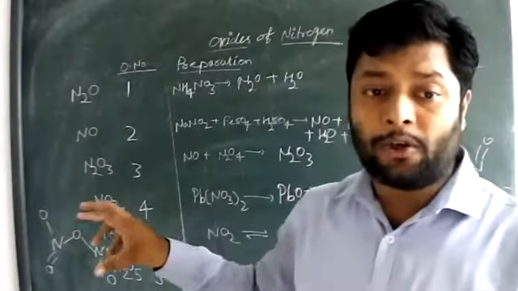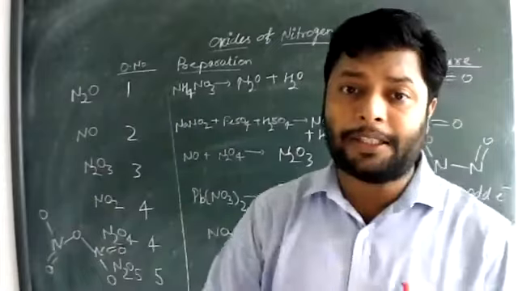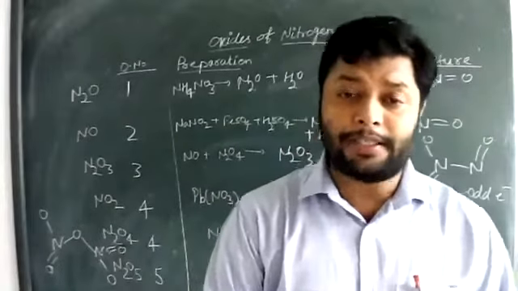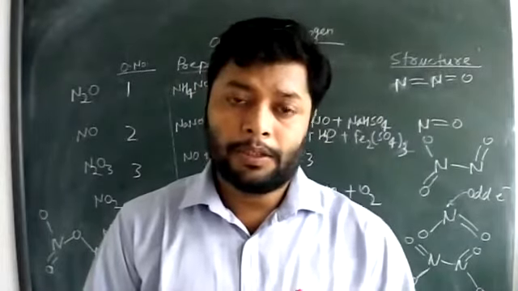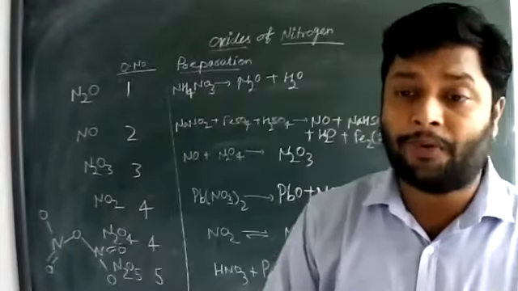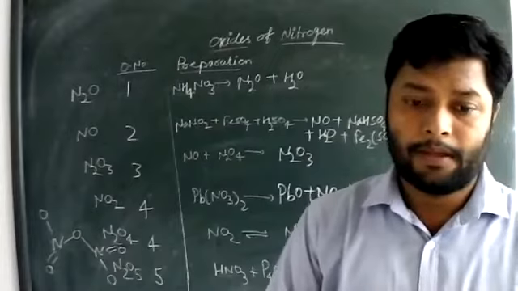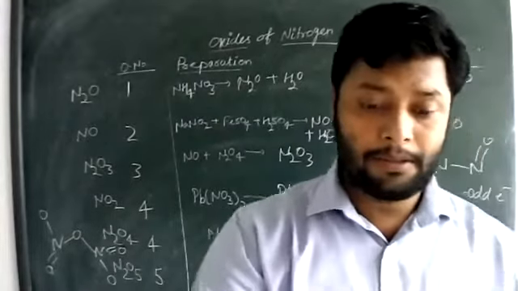Why are NO2 and N2O5 acidic in nature? Because of the high oxidation state and the high covalent character. So that is the table you have to learn from the table, and this is all about the table.